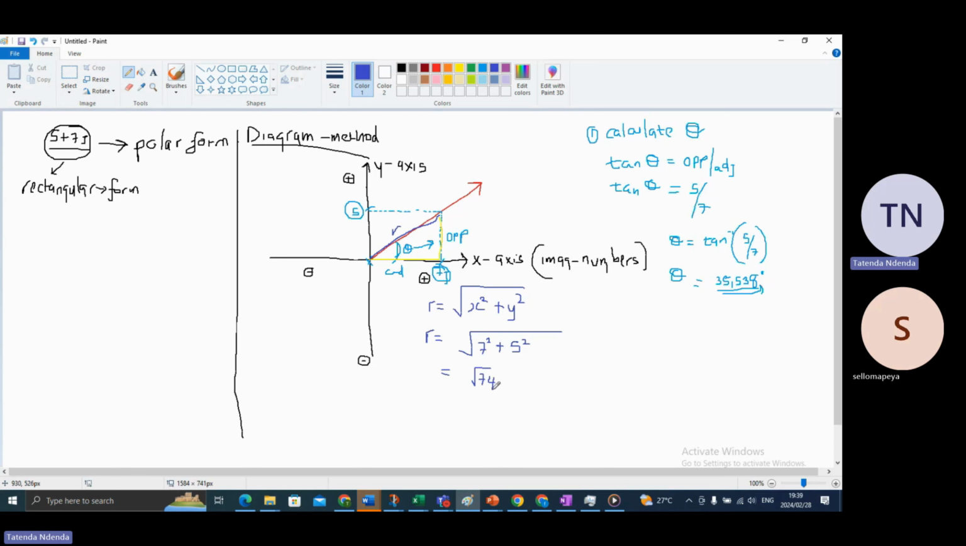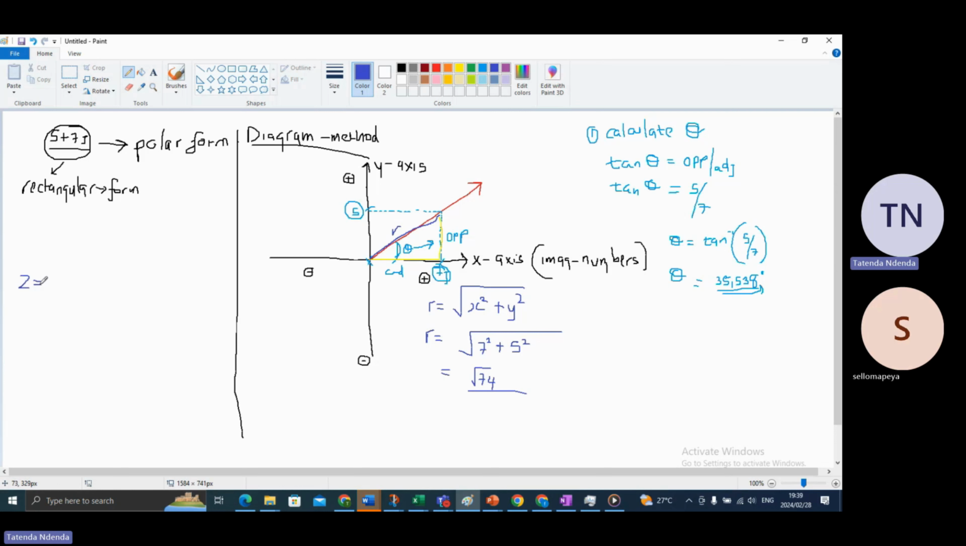So this is going to be our answer. But now remember, the main focus of this was not to calculate only these two things, but was actually to change this rectangular form to a polar form. So your final answer will be equal to